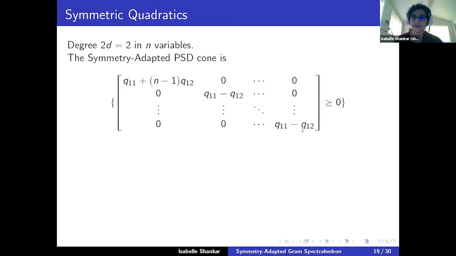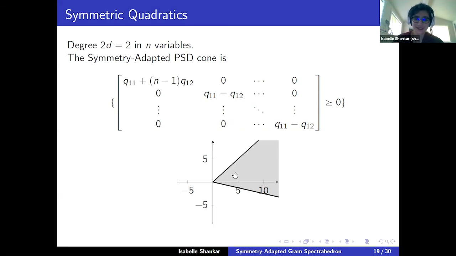And if this matrix is positive semi-definite, that's true if and only if the diagonal entries are non-negative. So we just get this polyhedral cone. This top ray here is for the standard blocks, and this bottom ray here is for the trivial block. It turns out that every point in the plane actually corresponds to a unique polynomial,